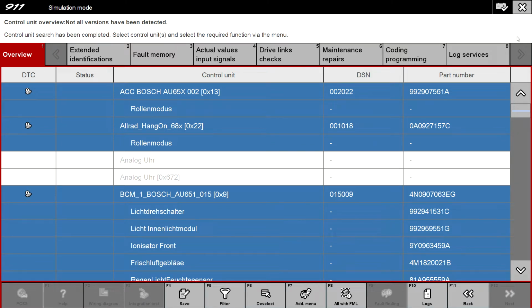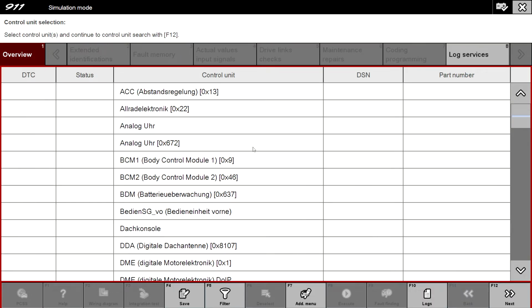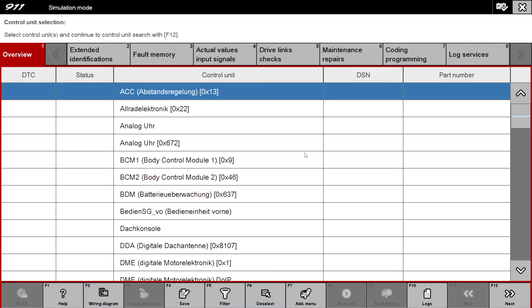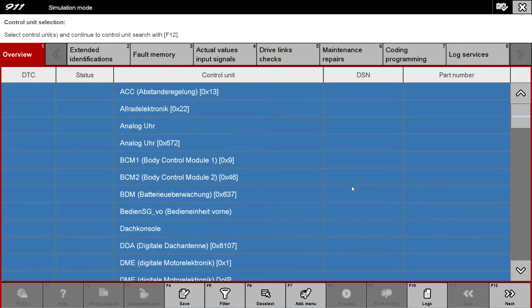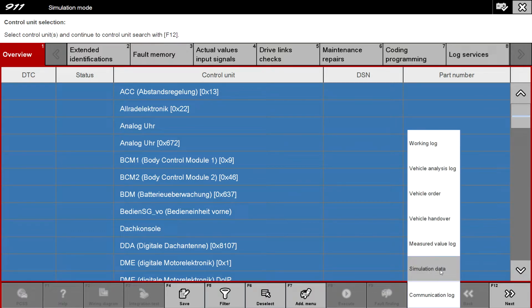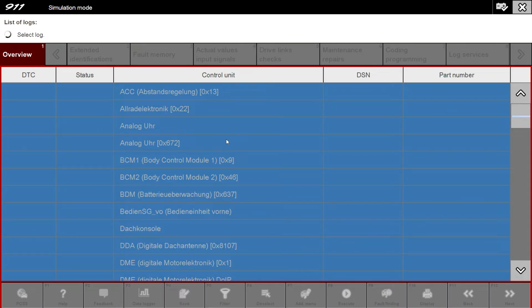Okay, let's see how to make a simulation file. This must be done when you are connected to your car. In the overview menu, once you read, ideally it's done before you identify all the modules. In the menu like this, select all, and then select F10 logs. Go to select simulation data,